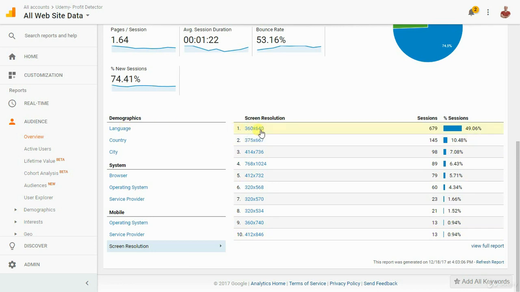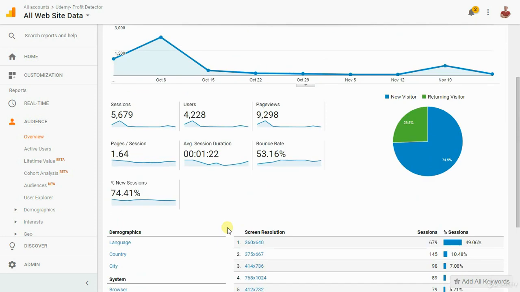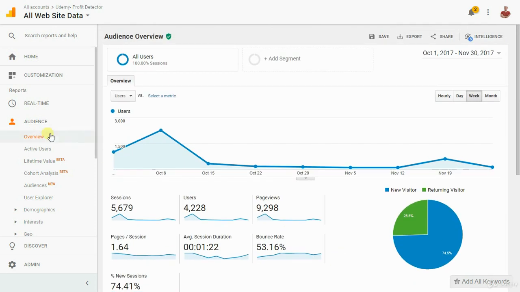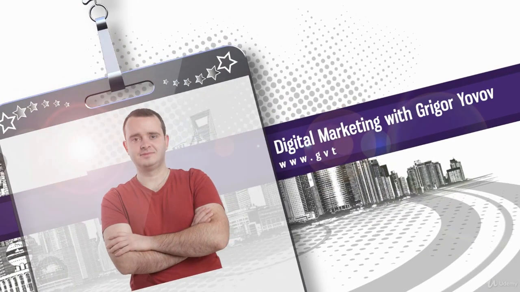Basically, when you click on each of these data, you get a deeper look and more information about it, but this we will observe in the next lectures. For now, it's very important to really observe by yourself all the data on the overview screen in audiences, so it will be easier for us to get deeper in